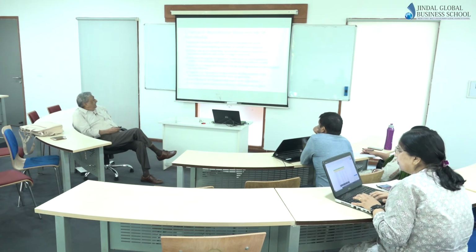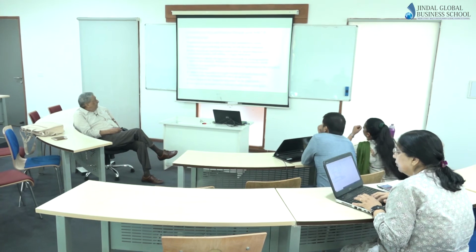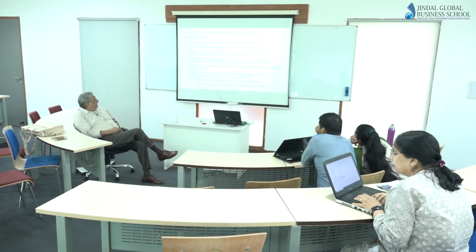Criterion D is basically the membership scope: which programs will be included and which programs will not be included. There's a table you have to give, programs to be included and programs to be excluded, and you have to submit a request for program exclusion if you are excluding. Earlier we had given the BCom, which is being phased out, so now we have corrected that. If you want some programs to be excluded, you have to give a justification. If you want programs to be included that are not, you also have to give a justification.